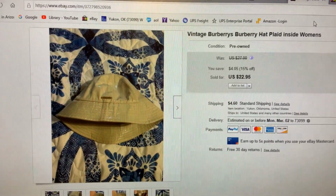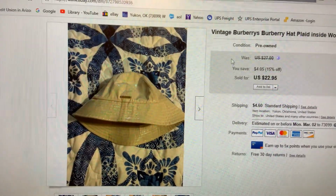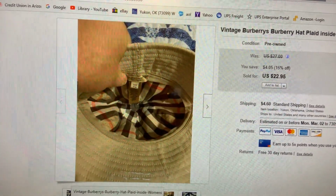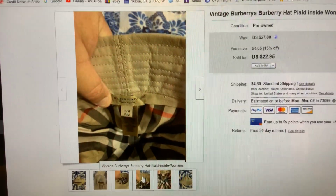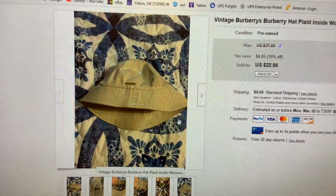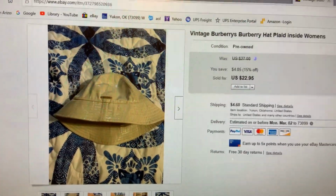This hat is also part of my 15% off. I've had this Burberry hat. It's got the plaid on the inside. It's a really nice hat. I've had a lot of people interested in it, but nobody ever wanted to give me what I was originally wanting, which was about $45 for it. And finally, I got $22.95. I got it at the bins as well, and I made $18 on it,